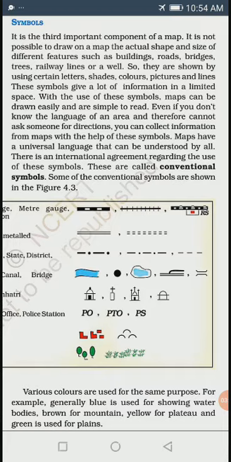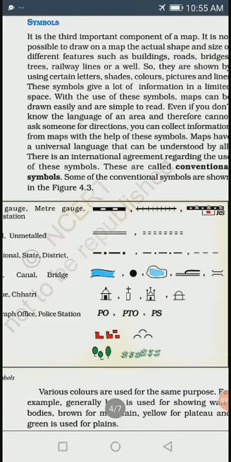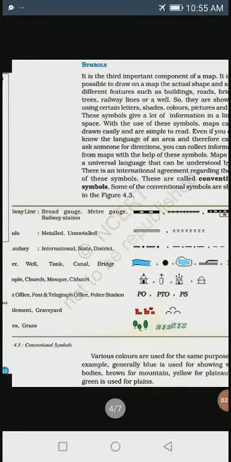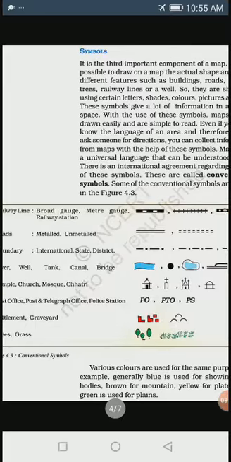So students, it is not possible to draw railway lines on the map, as well as states, sometimes canals, bridges, temples, forests, rivers. So all these things we have to show on the map with the help of different symbols, and these symbols are called conventional symbols. On your map you can see there are conventional symbols.